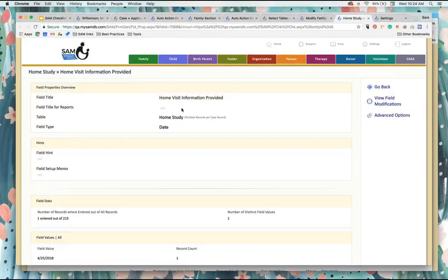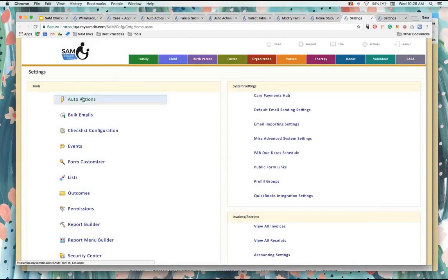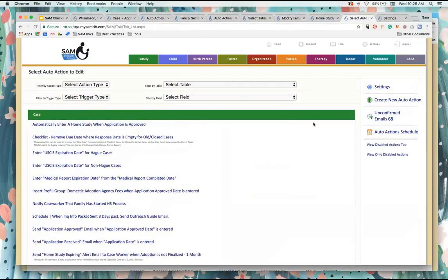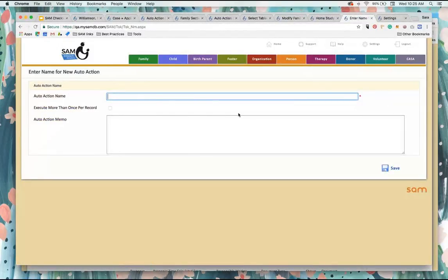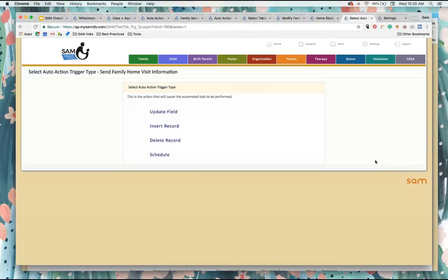So now I'm going to create an auto action that records that an email was sent to the family with this information, and it fills in that date on the checklist. So let's go to settings again, auto actions again, and we'll be creating two very similar auto actions. So I'm going to go ahead and create the first one, which is send family home visit information. This only happens once. I'll hit save,